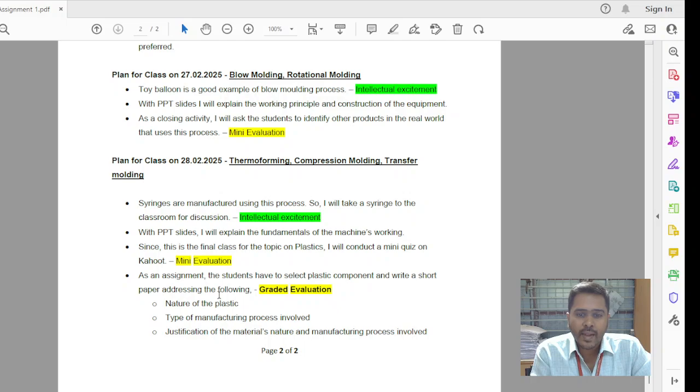I would ask them to select a plastic component of their choice, and they need to address the nature of the plastic, the manufacturing process involved, and the topics which we have seen earlier. So this is my unit wise plan for my course on metal casting and